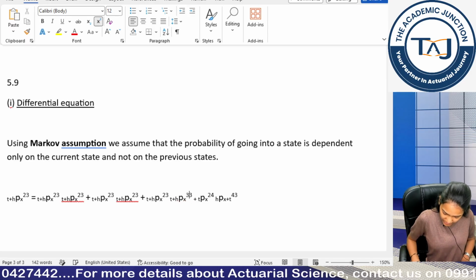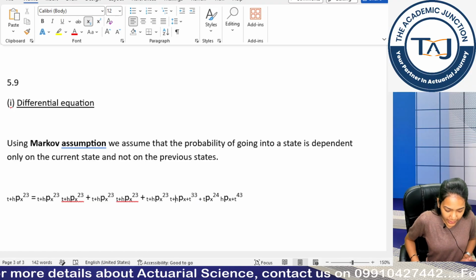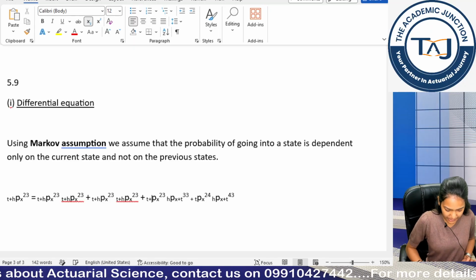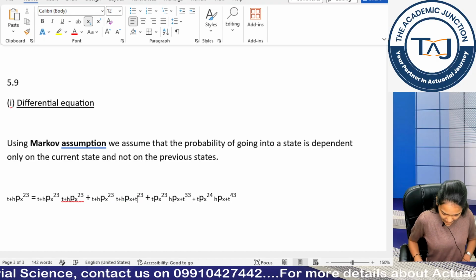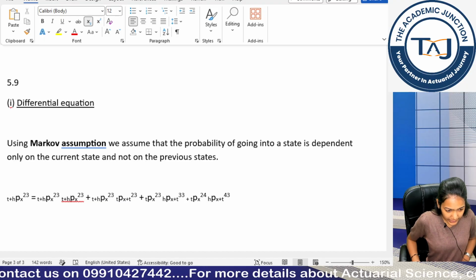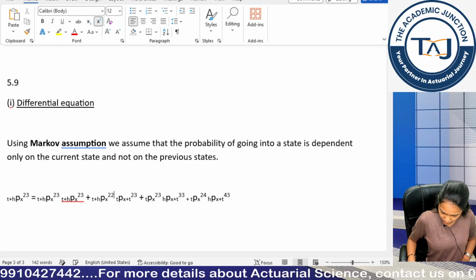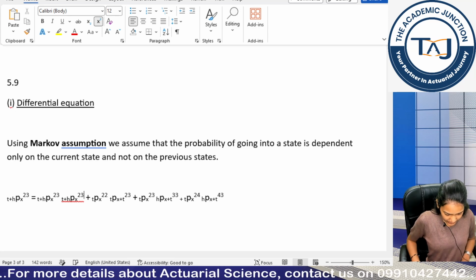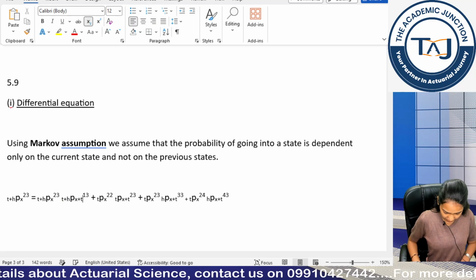If you are interested, you can write the whole thing again and again. That's completely up to you. Whatever you are faster at, the thing that matters is your speed. Along with your accuracy, your speed also matters. So whatever approach you are faster at, do that. Okay. And then I have TPX, I have here 2, and then I have T here, x plus t here.